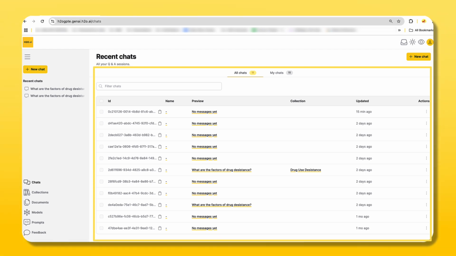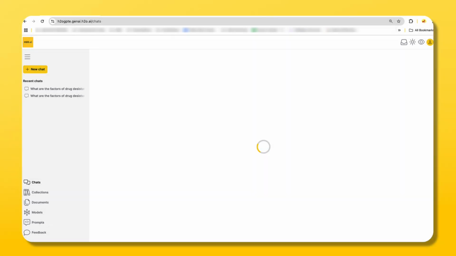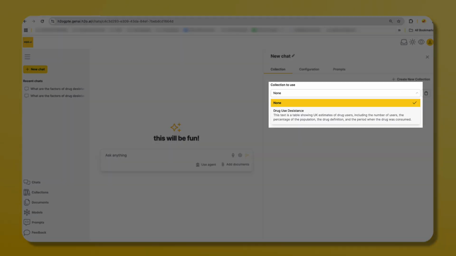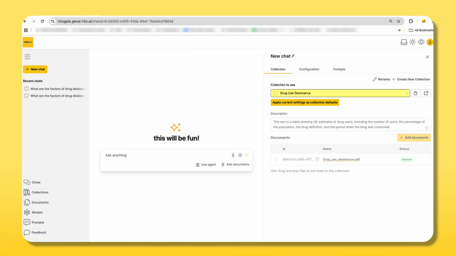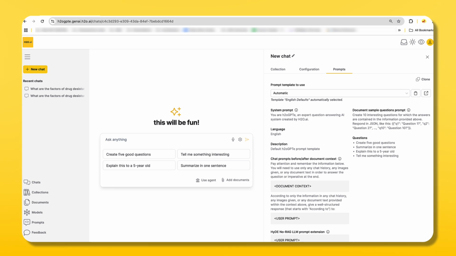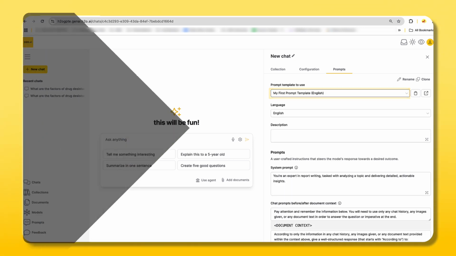For demo purposes, click on the plus New Chat button to start a fresh conversation from scratch. Next, click on the Settings icon located on the right side of the chat field. In the Document tab, select the collection to use, Drug Use Desistance Collection. Switch to the Prompts tab and select the prompt template you just created. Now enter a query such as